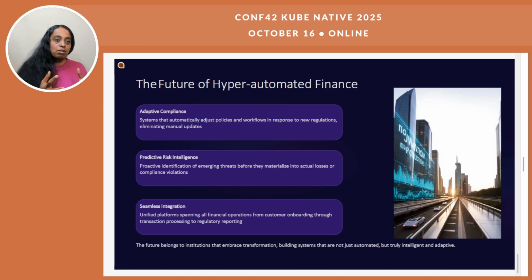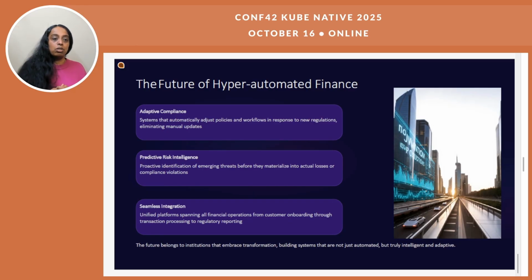Finance hyperautomation represents a fundamental paradigm shift from reactive, manual compliance processes to proactive, intelligent risk systems. You achieve this, like we've talked about, by strategically combining the AI capabilities with cloud native architecture patterns. Financial institutions can build truly adaptive systems that evolve seamlessly with regulatory changes while maintaining exceptional operational efficiency and customer